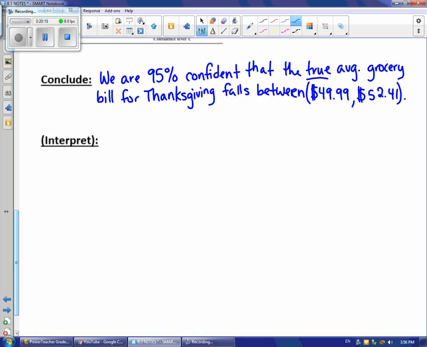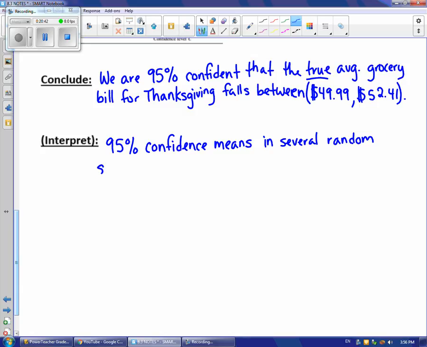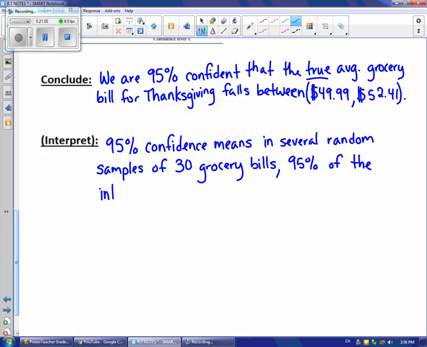So 95% confidence means in several random samples of 30 grocery bills, remember, the samples all need to be the same size, 95% of the intervals produced from those samples